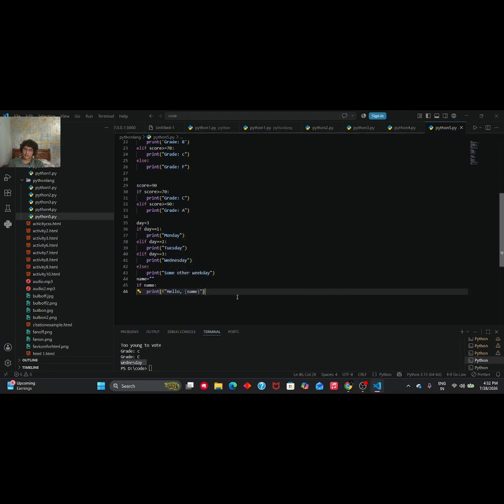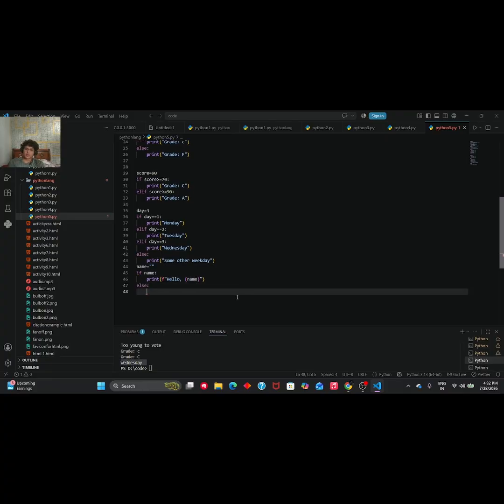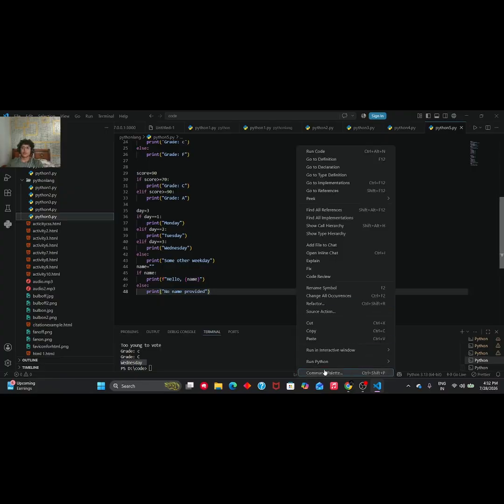Print करना है। Else print no name provided. Let's check this code।